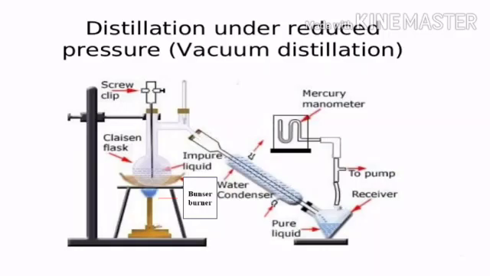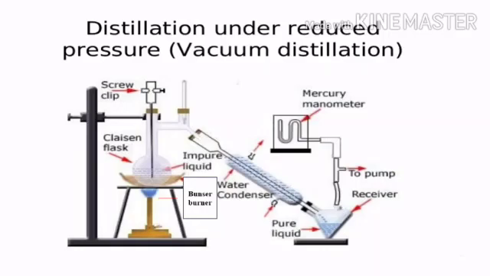The organic liquid mixture is taken in the double-necked distillation flask. The capillary tube, which is inserted through the second neck, should be dipped in the boiling liquid so that a stream of air bubbles is drawn out. Water bath or oil bath is used for heating.